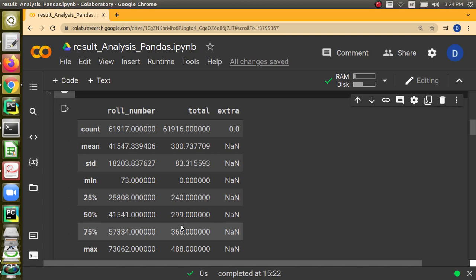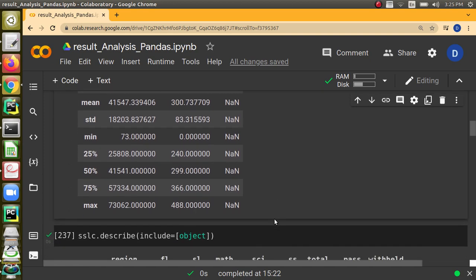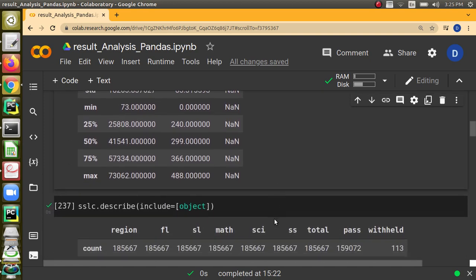And the maximum in the third one is 366. So what we can understand is that 75% of students have scored less than or equal to 366 marks. That's what we can understand when we use these measures, right? This will give some understanding about the data set.